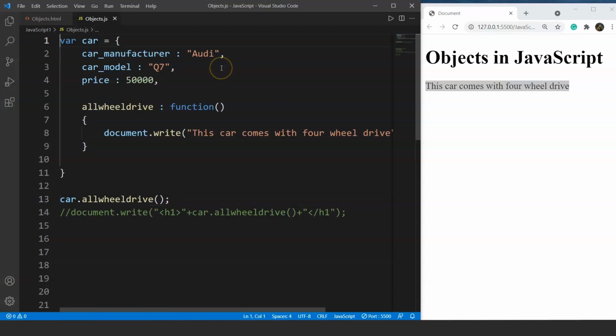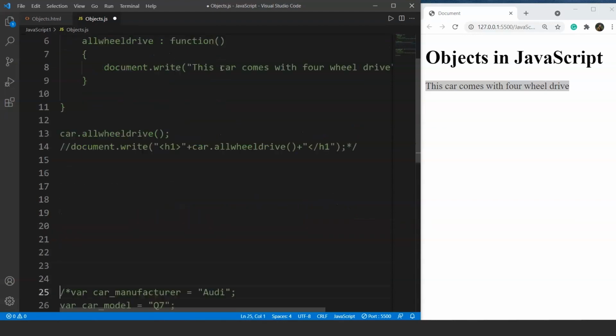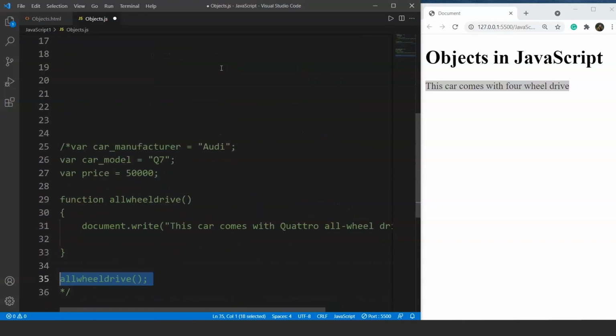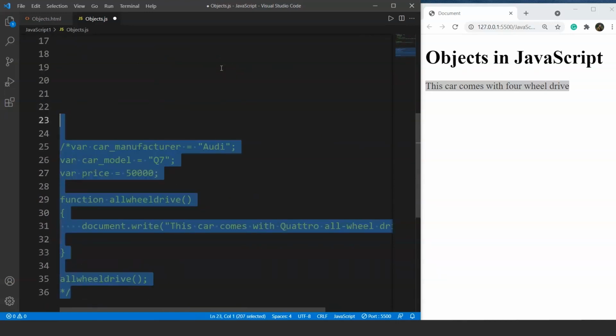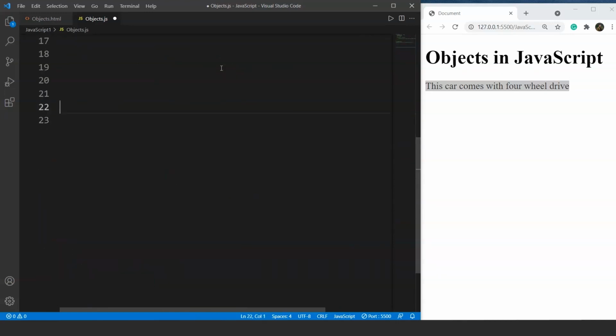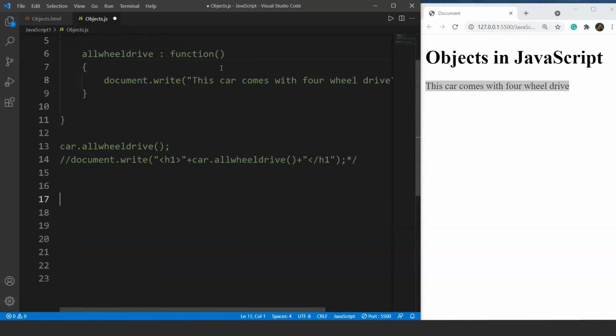So let's comment this code as well, and we'll use this code for reference. We'll comment this, that's why we are not removing it, but we can remove this piece of code. So let's remove it and let's move on to use a second way of creating an object. Now we will create multiple objects using a single template, which is known as a constructor function. Let's have a look at the syntax for this method.